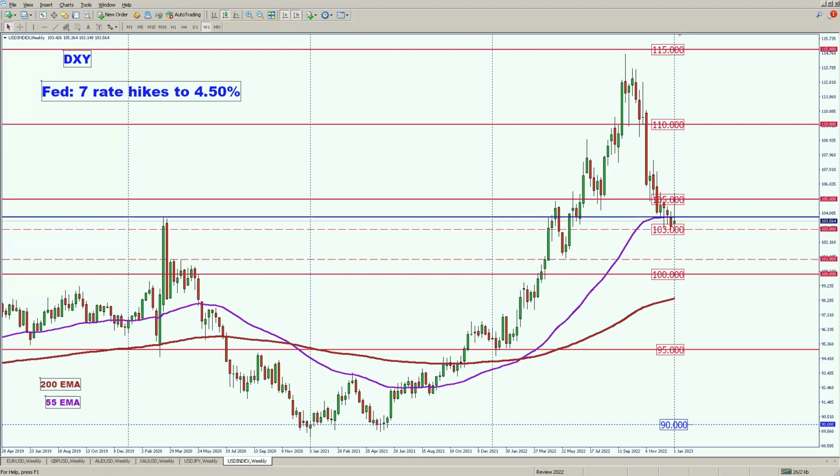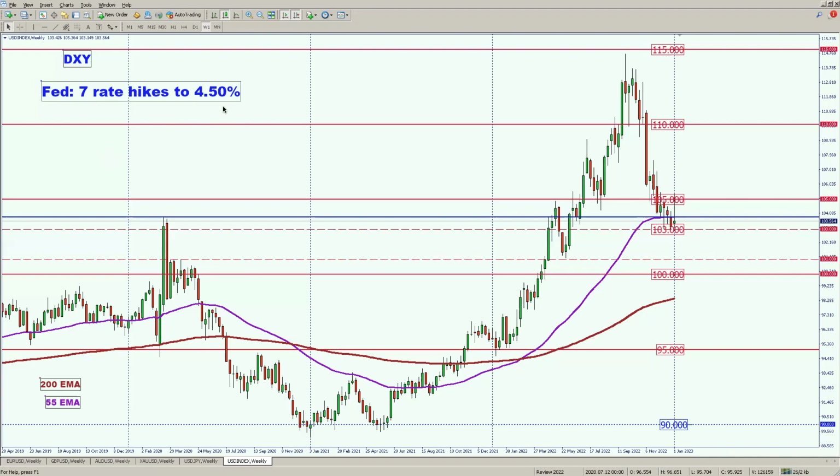And before I start the weekly analysis, I thought I'll do a quick review of last year, 2022, across all the major economies. You'll find that basically the narrative is all about the central banks fighting off inflation. So everyone's hiking interest rates, and the Fed starting off with the DXY here. FOMC have raised rates 7 times last year, and now it's at 4.5%.